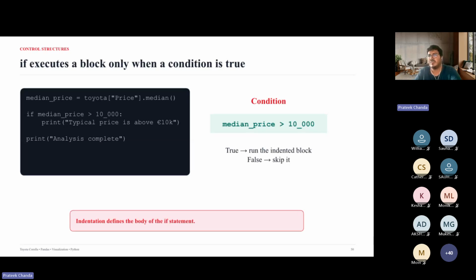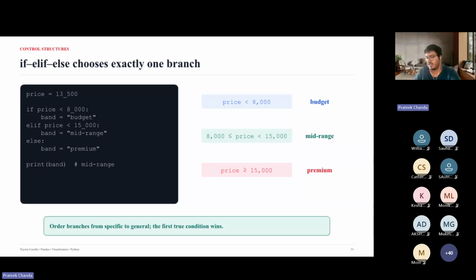So this is an if-else condition that you can create here. If this thing happens, then you can print this thing and all. So if executes a block only when a condition is true. You can also do if-else settings where you have multiple conditions at the same time. So you have if, else if, and lastly, as the last condition, else.